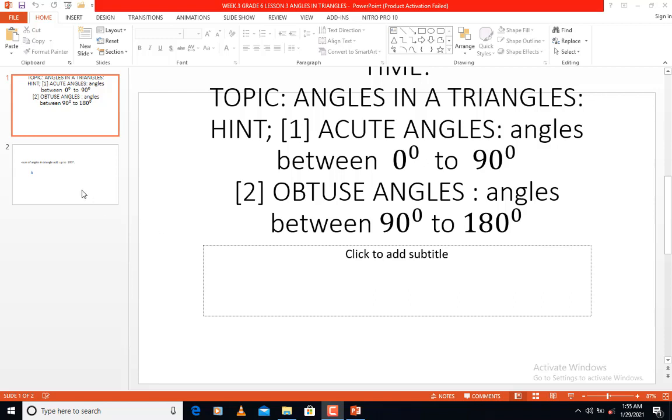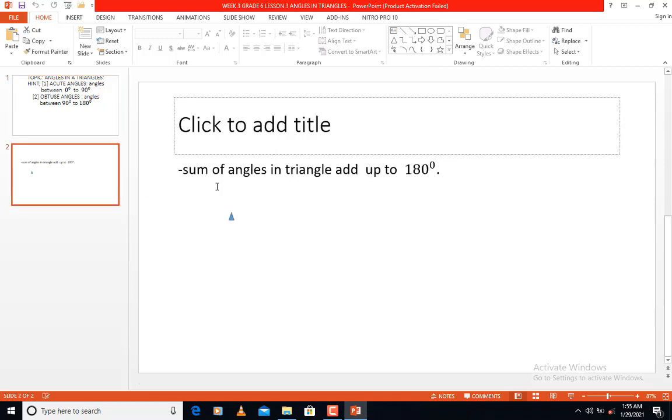And these results, let me explain. We have this hint again about the results which you are going to obtain: the sum of angles in a triangle adds up to 180. Sum means addition. So if you add all the three angles in a triangle, the answer you must get is 180